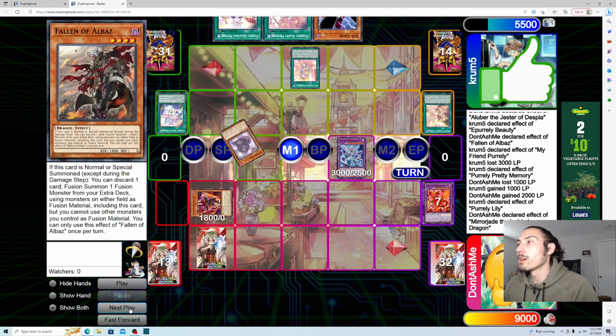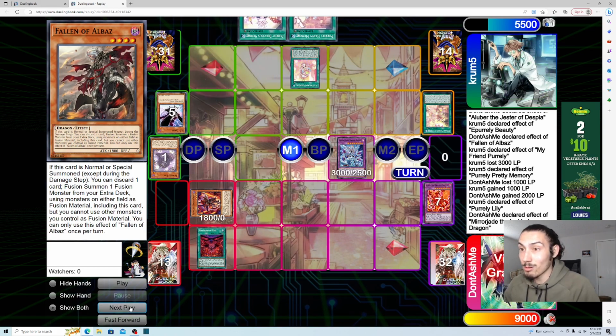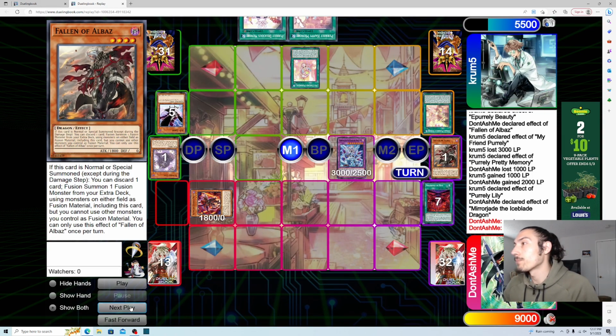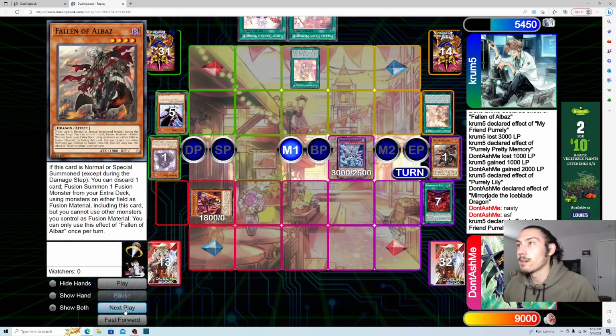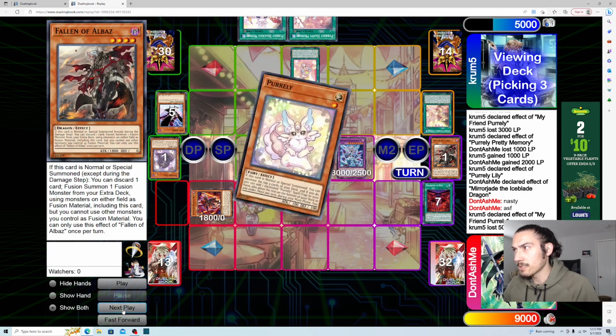We go Mirror Jade effect, dump the Albion, Red, target Albaz, DD Crow. Wasn't expecting that, and I say nasty as AF, bro, because that really got me. That was a good Crow. That was an absolutely amazing Crow, to be honest. And then he gets to go